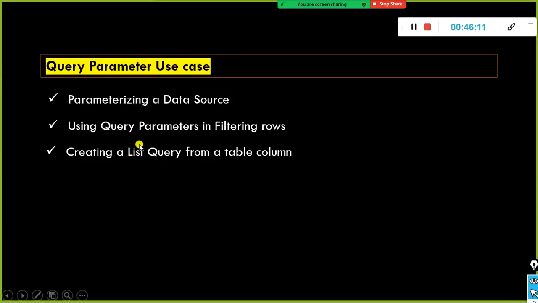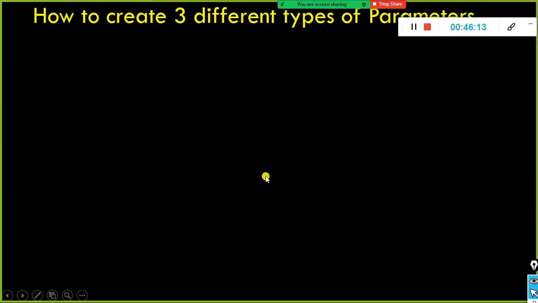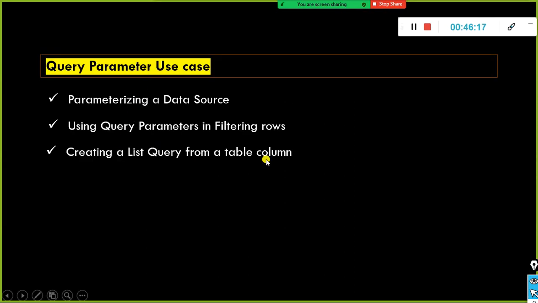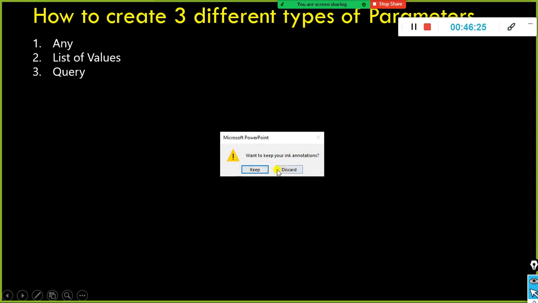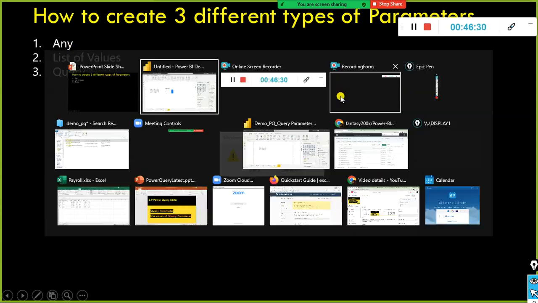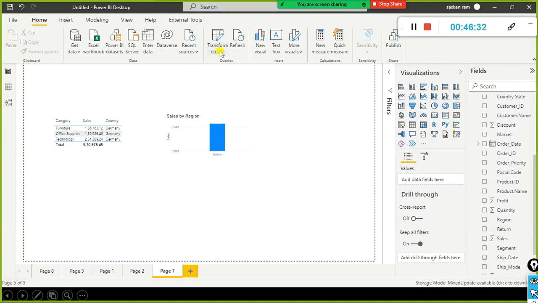Now, before I get into this, we'll take a look at the list of values. Creating a list query from a table column, that is the third one. List of values is the next type of parameter. It is more or less the same as Any, but there is a difference here. As the name suggests, list, instead of asking the user, look here, instead of asking the user,